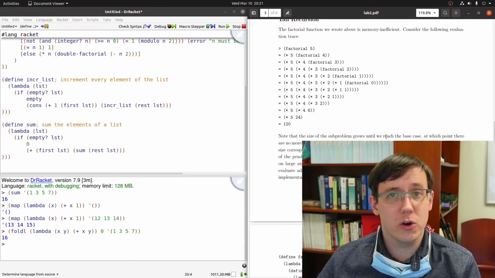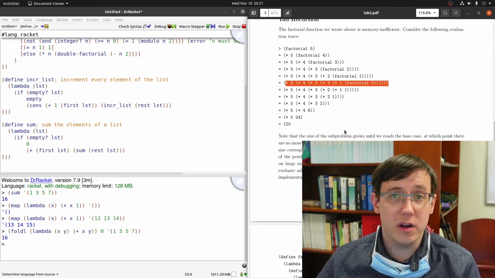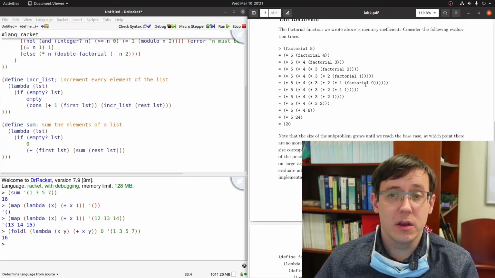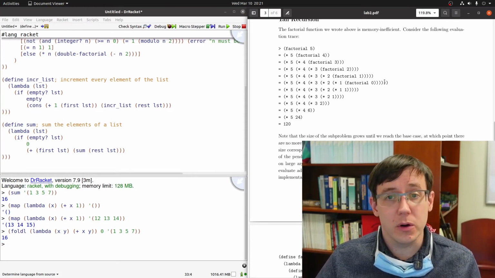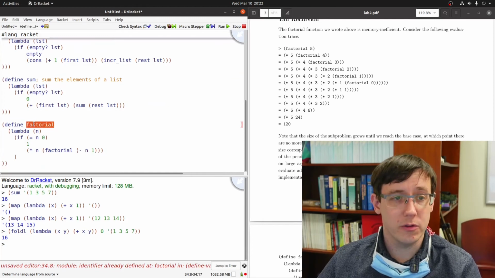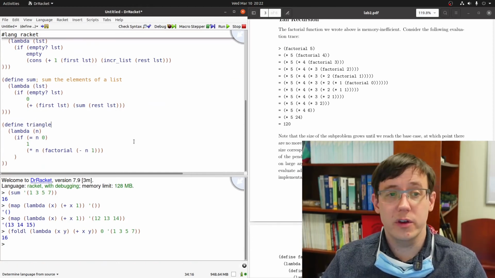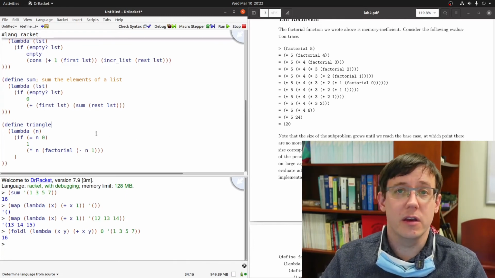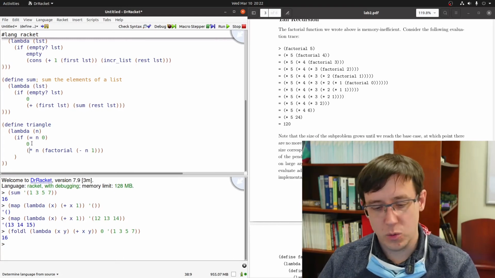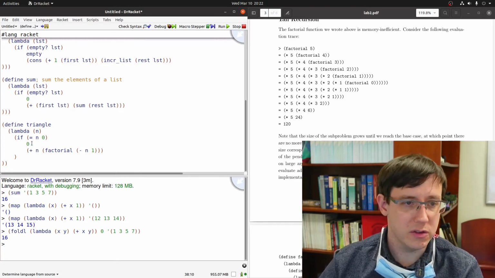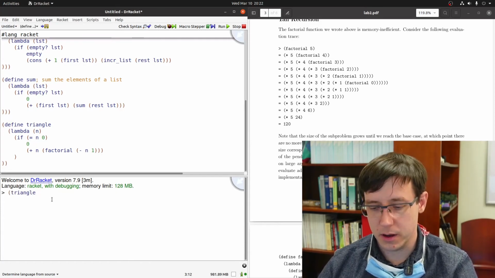A concern with the recursive functions we've written so far is that they will take up a fair bit of memory to evaluate. We can't really run the factorial function on really large numbers, but if instead of our factorial function we had one to calculate triangular numbers, which is summing up the first n numbers, so this would just be replacing 1 with 0 and replacing times with plus. Now if we call triangle on